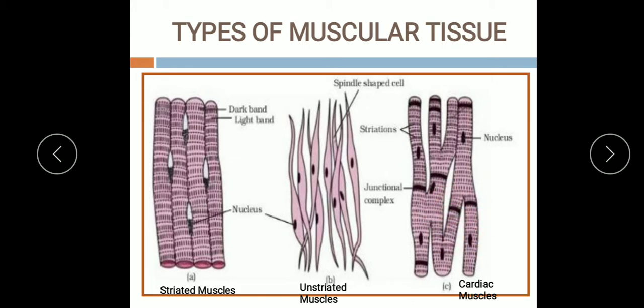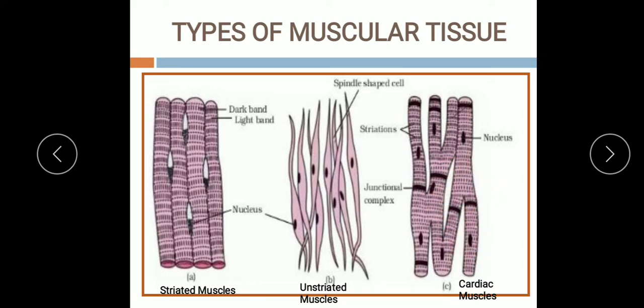These muscles are cylindrical. You can see they are cylindrical. Striated, you can see the striations here also. In striated muscles there are striations. So in cardiac muscles also you can see the light and dark band striations. And cardiac muscles are branched. Here you see the striated muscles are not branched, they are a complete cylindrical structure. These cylindrical structures further divide and form branches. So they are branched ones.